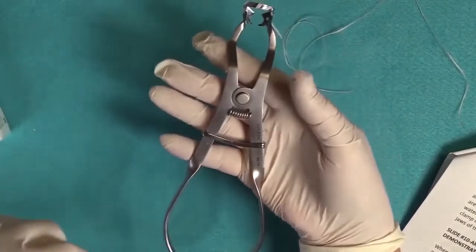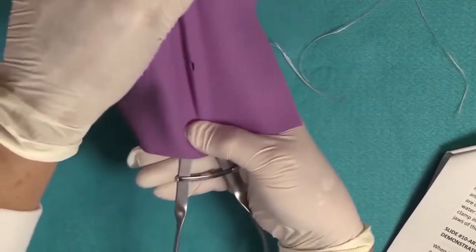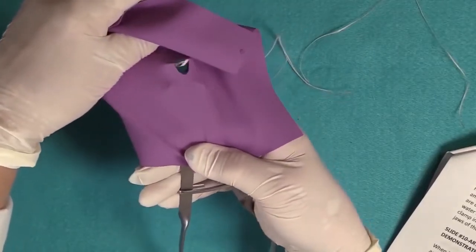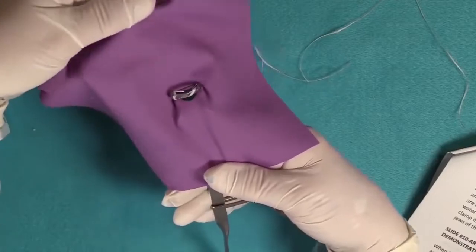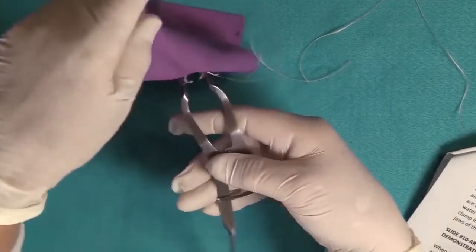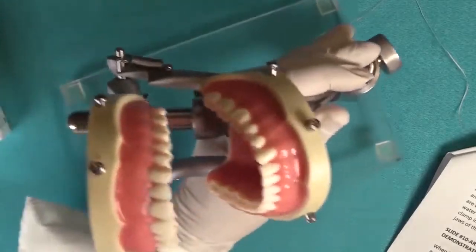So again, I'm palming the forceps. I lay the dam on top of the forceps. With my thumb, I'm holding the bottom of the dam. And then my other hand is simply popping the bow through. Just the bow, like this. All right, so I deflect the dam so it's out of the way, and when I go to the patient's mouth...